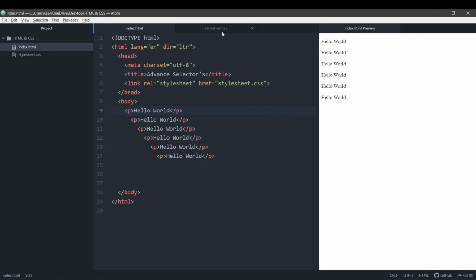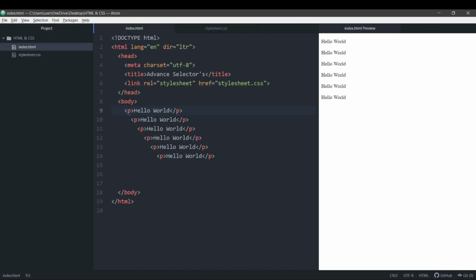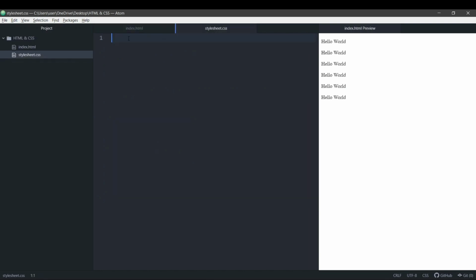Now let's go to CSS. I've linked my CSS here. The basic rule for CSS is if you want to style a particular element, you should write the name of that element. So we want to style this hello world content to red color, and it is inside this p element. So in the selector section we'll write p and then add the braces, and inside this I want the color to be changed. So I'll write color and the value will be red. I'll save it. Whoa, what happened? I just wanted this first line to be changed, but all of these lines are changed.